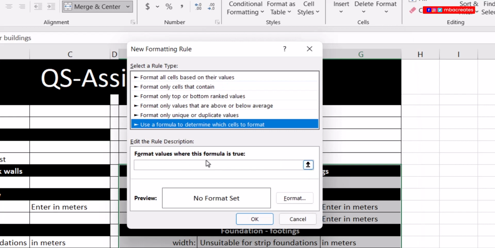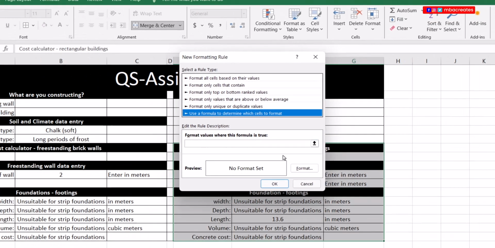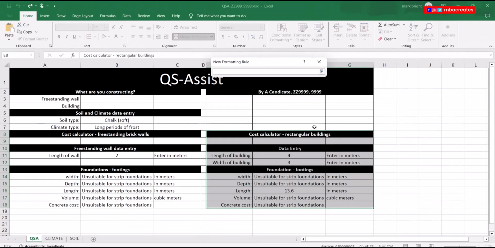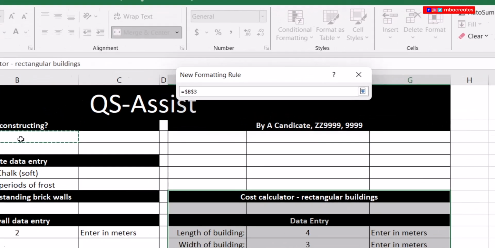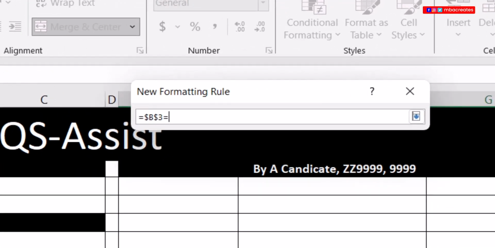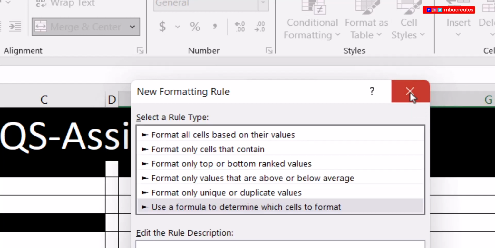Now, format values where this formula is true. Click on this small arrow here, and then we select the cell B3. Then we add an equal sign, bring a double quotation, type in our Y, close it with a double quotation, and then you can close this window,